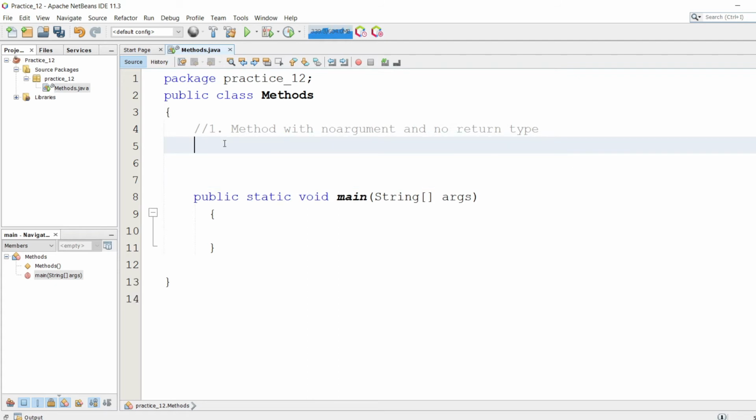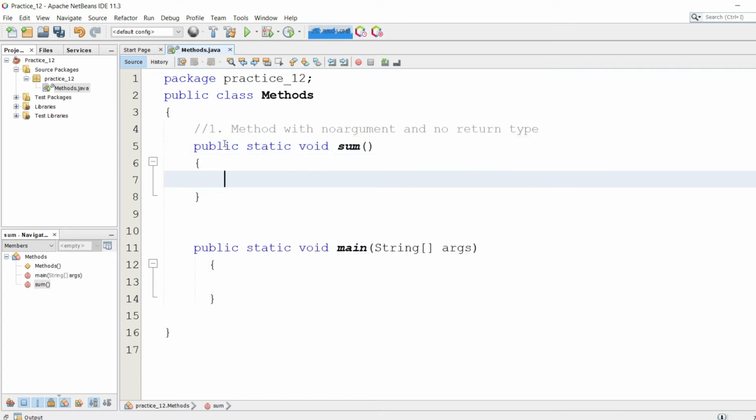So let's give public as an access modifier, static void. If there is no return type, then it's gonna be void, and function name as sum.